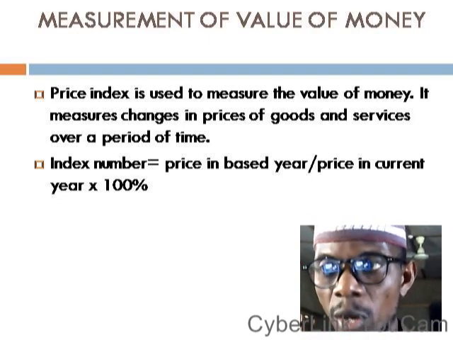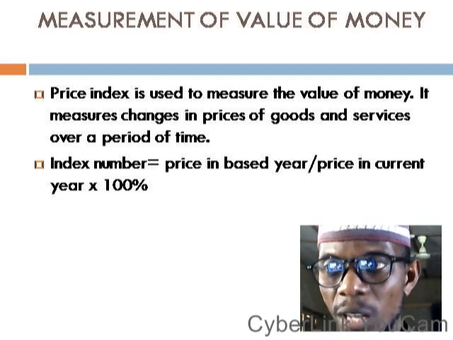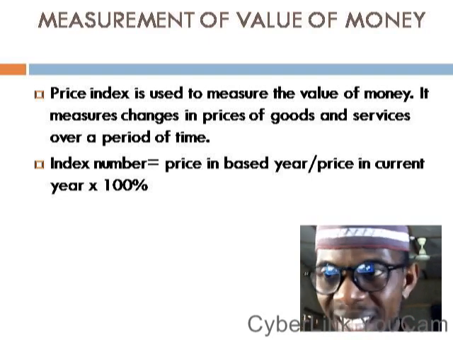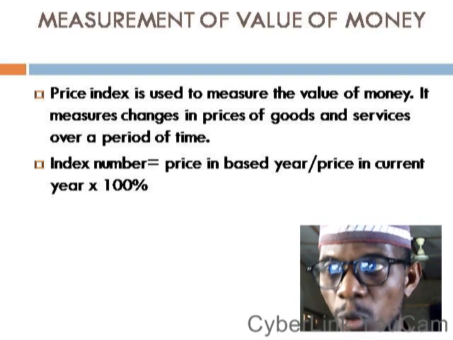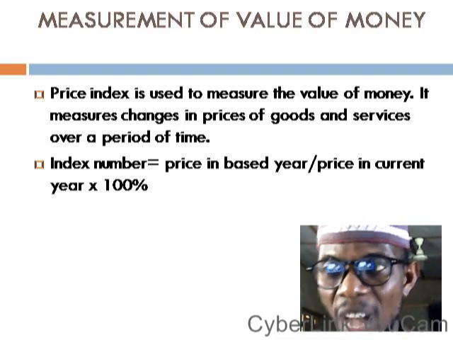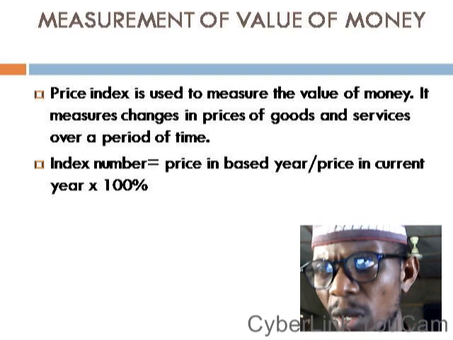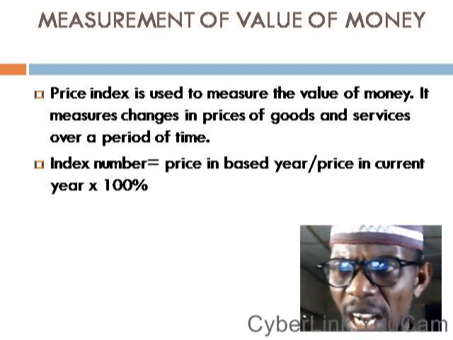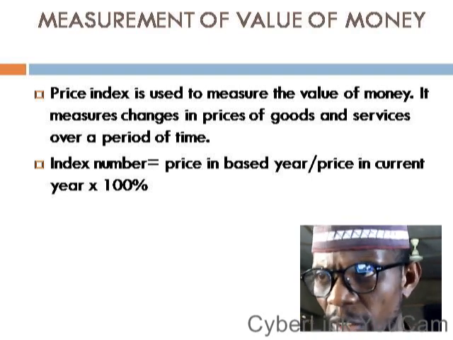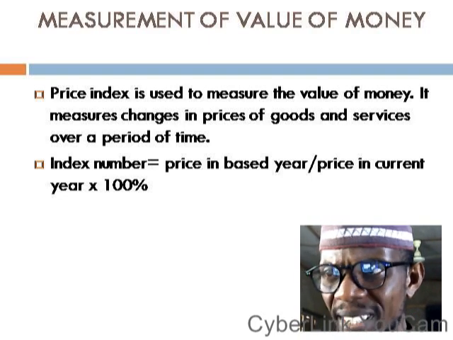In the first quarter, we measure the changes in the price of goods and services and we release the data on that, to be able to know the value of money, whether it has appreciated or depreciated. Then you call it quarter one, quarter two, quarter three, and fourth quarter. That is how we measure it. And the formula, you can see it clearly on the screen. We call it the price index number.